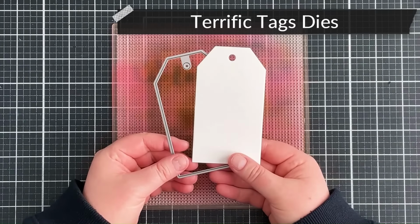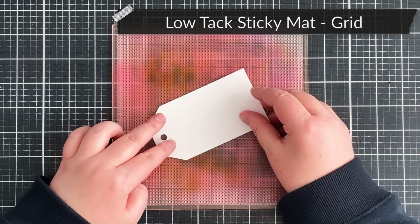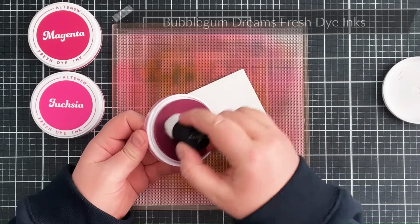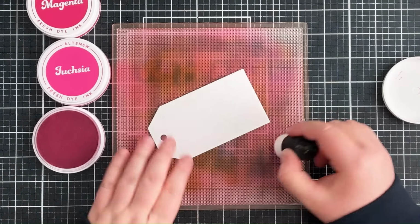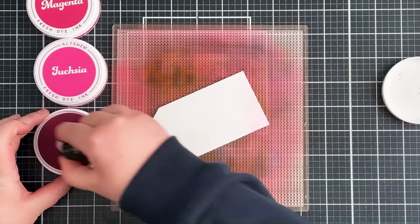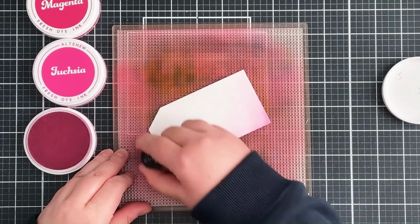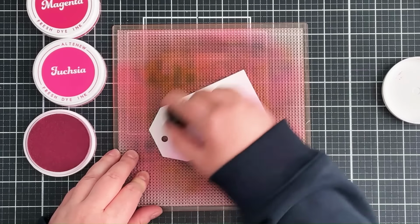I'm creating a tag today, so I have cut one of the larger Terrific Tags dies from Classic Crest solar white cardstock. I've placed that down onto my sticky mat, and now I can add some ink blending on top using the Bubblegum Dreams Fresh Dye Ink collection and a small blending brush. I want to focus most of the darker colour towards the bottom and also the left hand side of this tag. So I'm starting off with the lightest shade, and my tag is adhered really nicely onto that sticky mat,